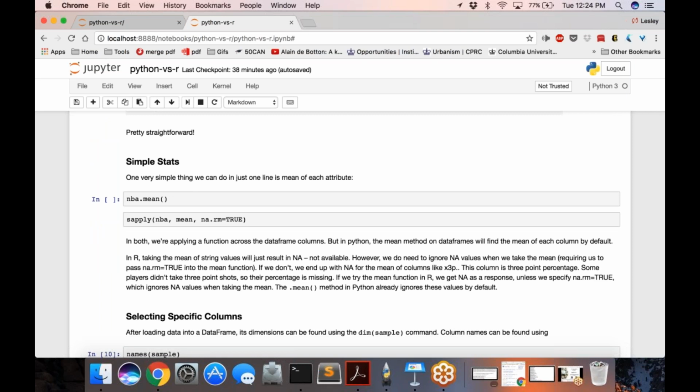Cool. So next we have simple statistics. And again, this emerging theme of Python having to utilize outside libraries versus R being able to just use built-in functions comes into play again. Here we do nba.mean, which will get you the average of each column. And then sapply here does the same exact thing, but uses a built-in function, unlike Python.